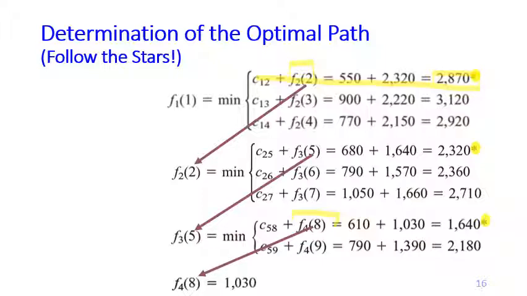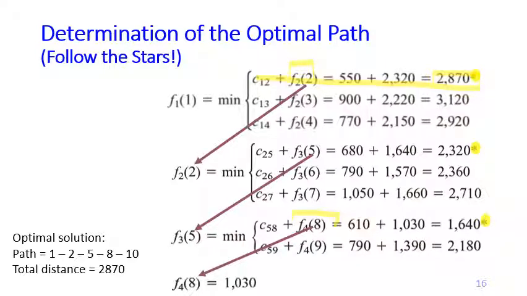So the optimal path is that we go from city 1 to city 2 to city 5 to city 8, and then from city 8 to Los Angeles or city 10. And the total distance for that optimal path is